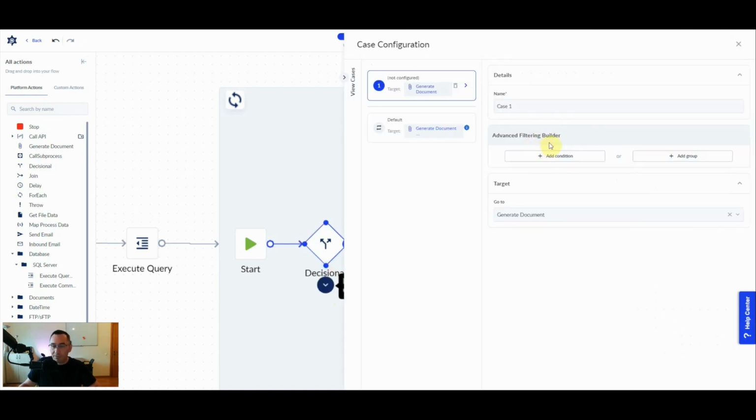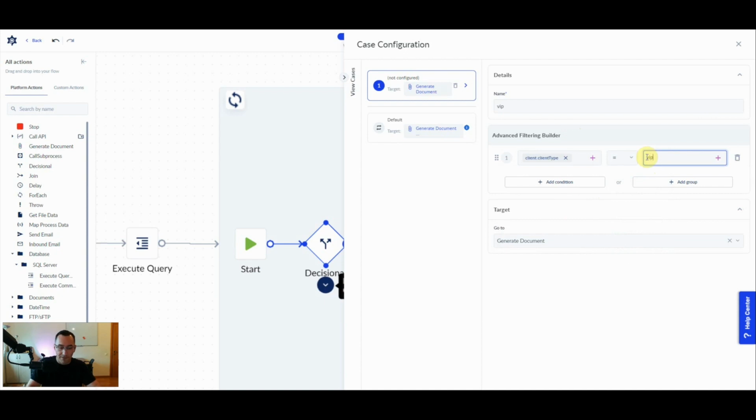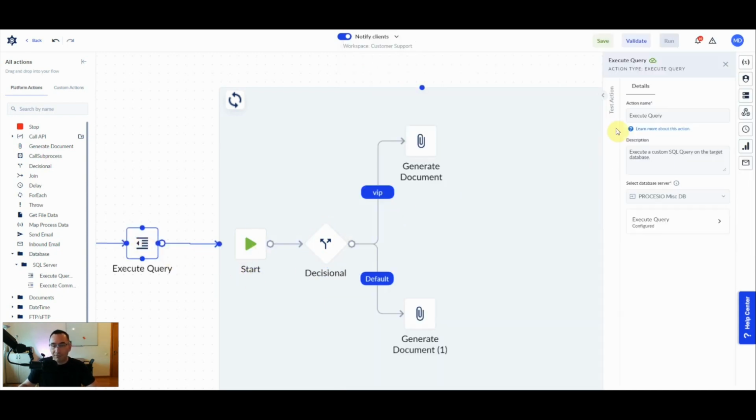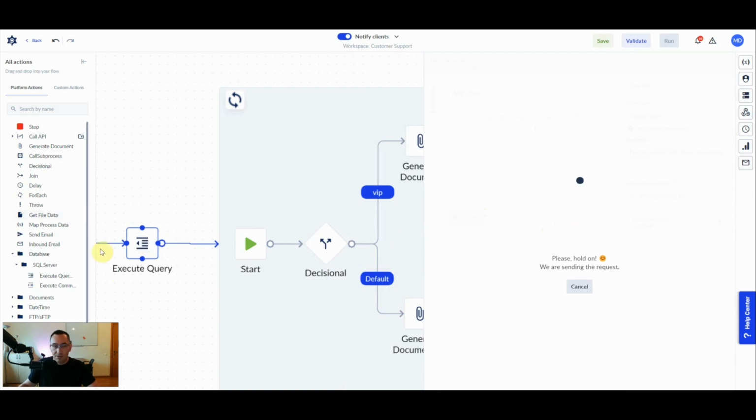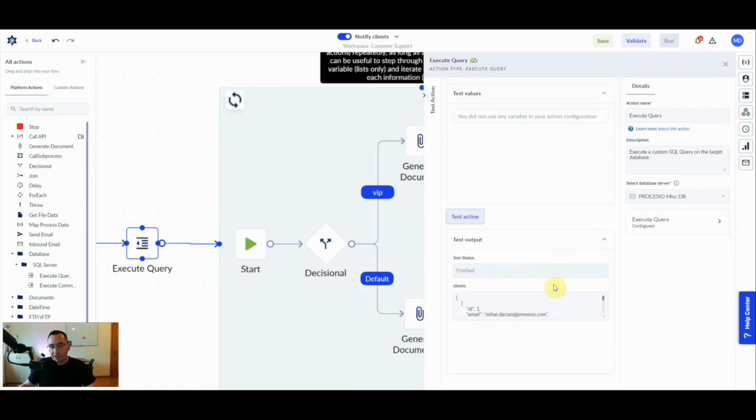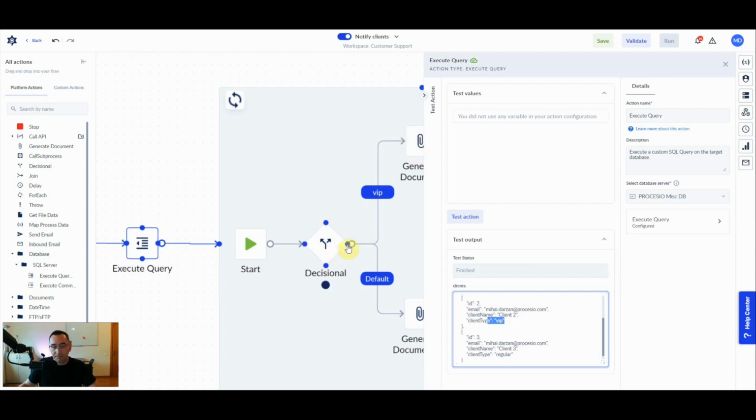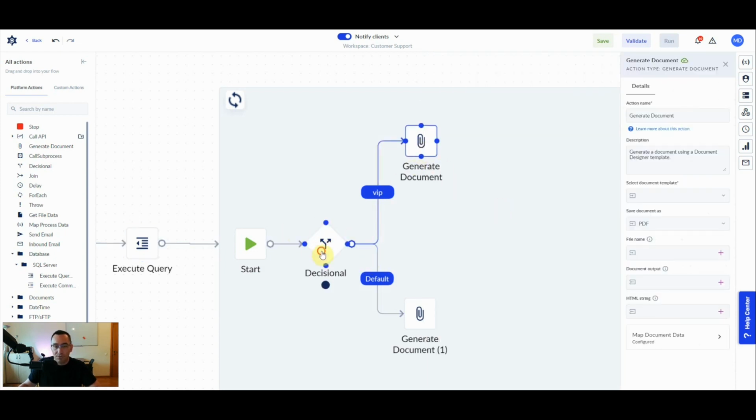Now let's configure. So this case is VIP clients, and I'm going to create the condition if the client type equals VIP, which basically is the string that I got from this action from the database. You can have here anything. You can have type IDs, you could have complex conditions for you to decide in which case the process should go via that route. In this case, it's just a string, VIP or regular. In my case, I chose, if it is a VIP,